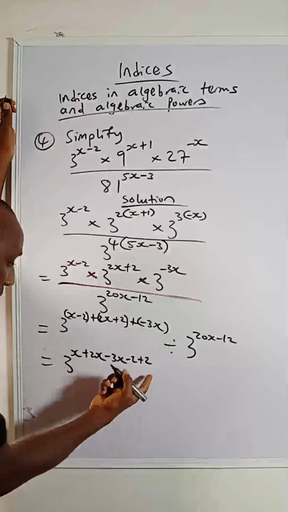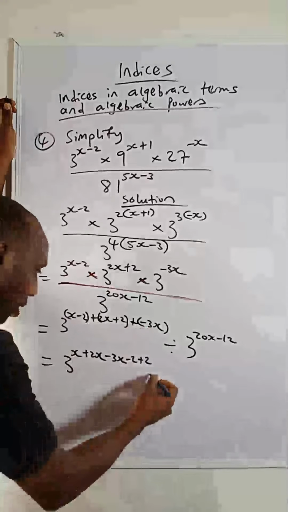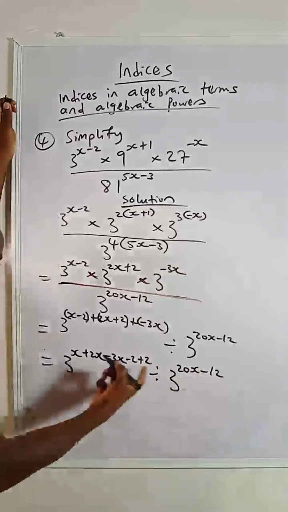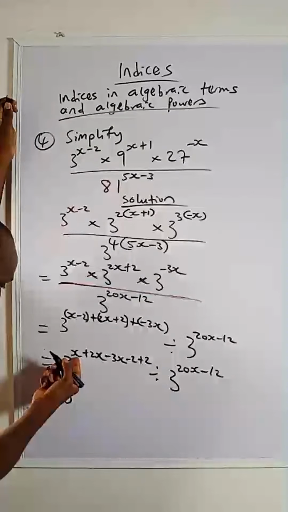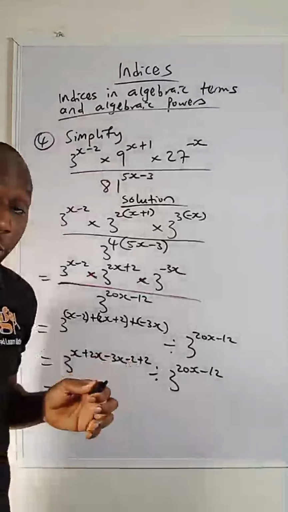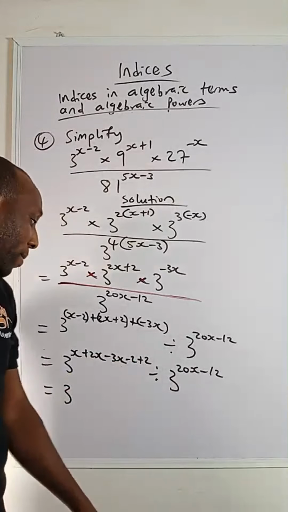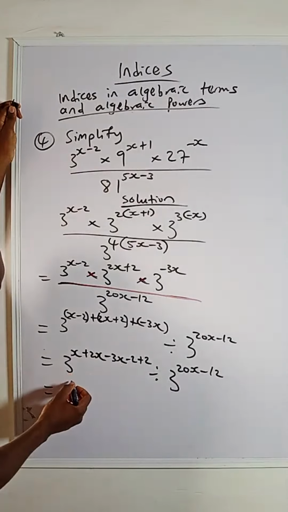1, 2, 3, 4, 5. Good. Divided by our 20x minus 12. So let's simplify what we have here. X plus 2x is 3x. 3x minus 3x is 0. So we have 0